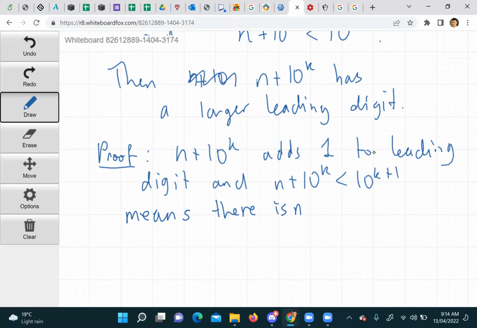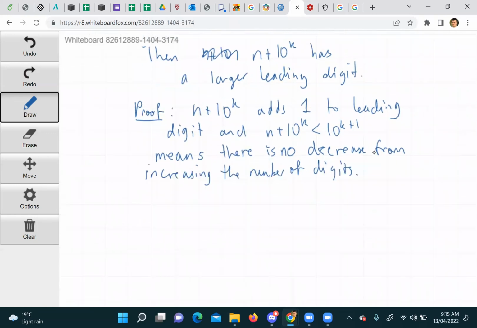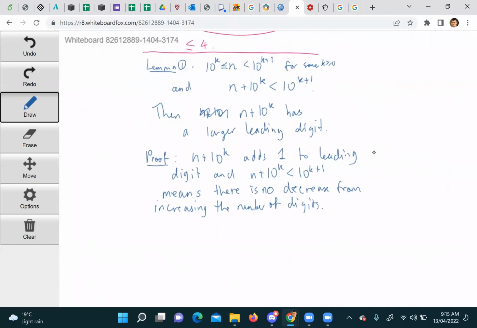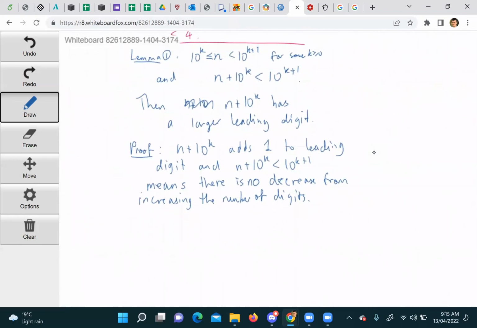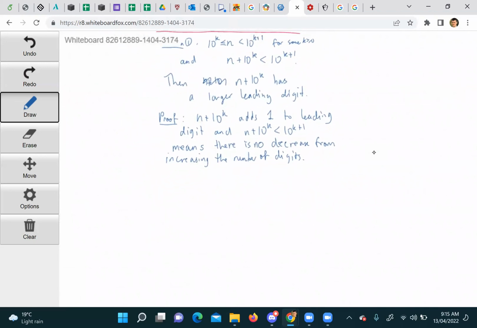But depending on what the context is, you could get away with saying this is obvious. Okay. Then now you look at something like